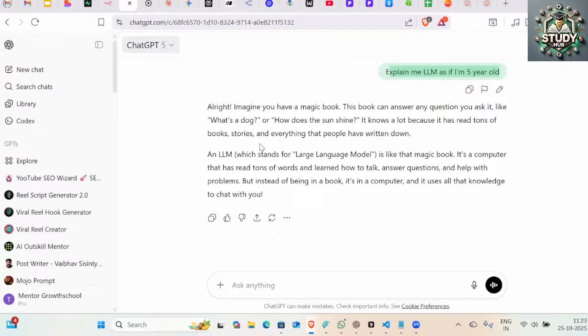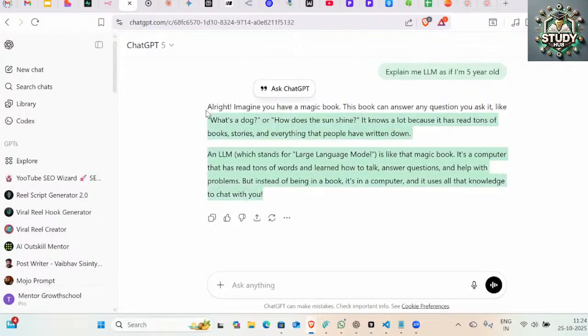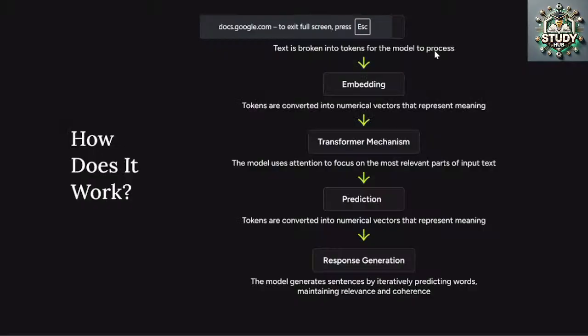And finally, it will generate our response until my model completes its output, right? This is one token at a time. So one prediction, second prediction, third prediction, fourth prediction. It will keep on doing that until I get my full response back. And that is how any large language model works at the backend.